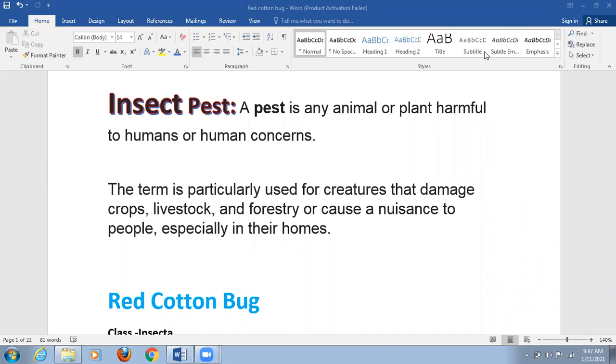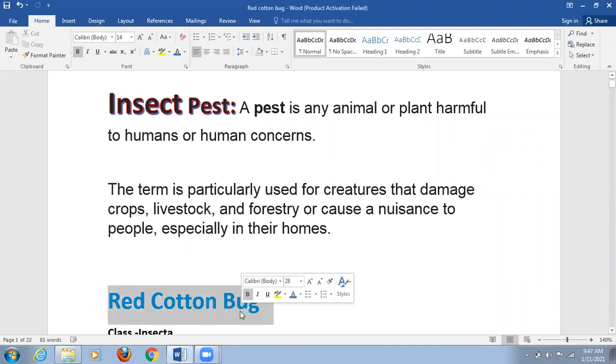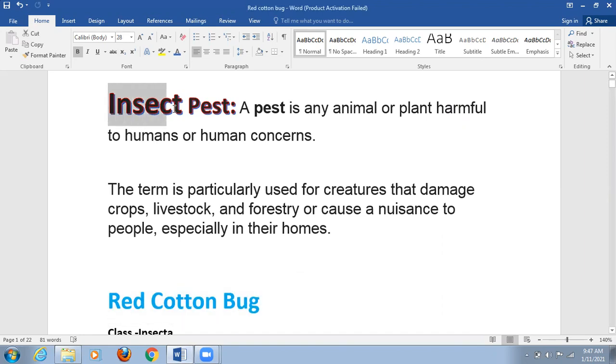So, in this lecture, we are going to continue our next topic. That is, we are going to discuss this red cotton bug, which is an insect pest. In the previous few videos, we have discussed the important things related to the agricultural pest, as well as the different kinds of pests which are found in a house, some veterinary pests, as well as the nursery